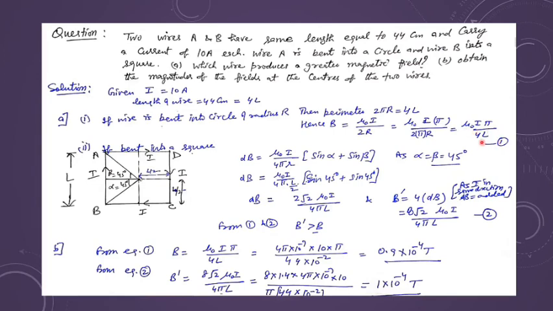Or simply, because I know the value of 2 pi r, I have multiplied by pi in the numerator and in the denominator. So in the denominator, 2 pi r is equals to 4L, and in the numerator I am getting mu naught I pi. Whatever way you can work out, that is your choice, mathematics, but the formula should be correct. That should be recalled by you at that minute when it is asked.